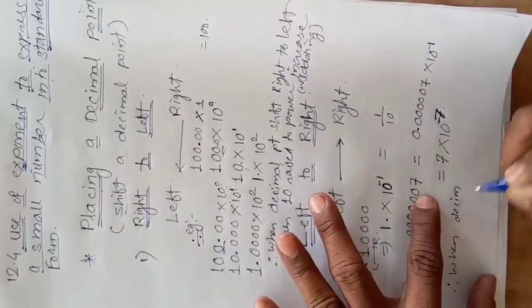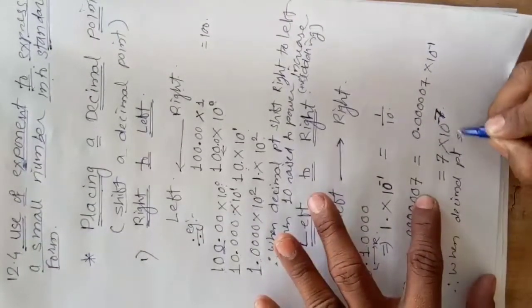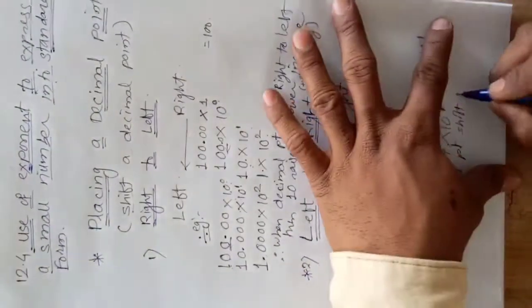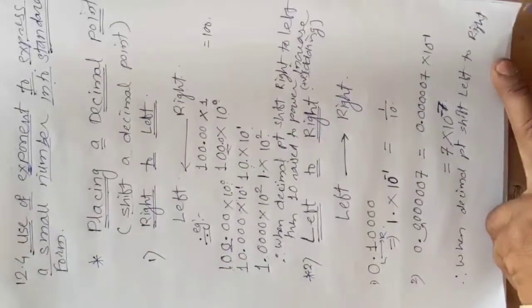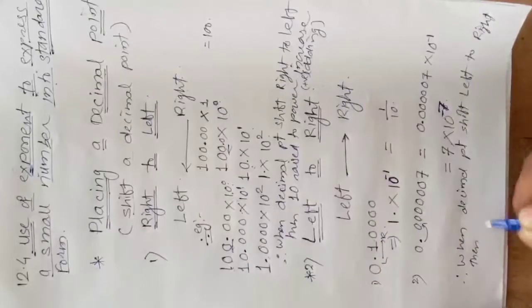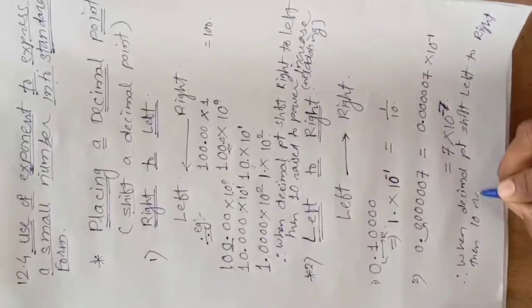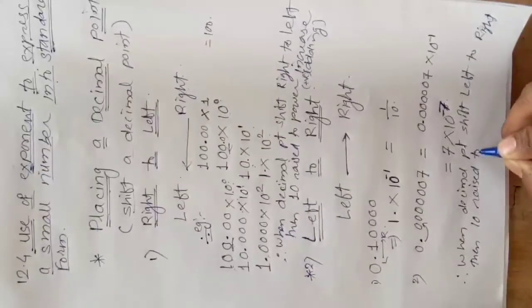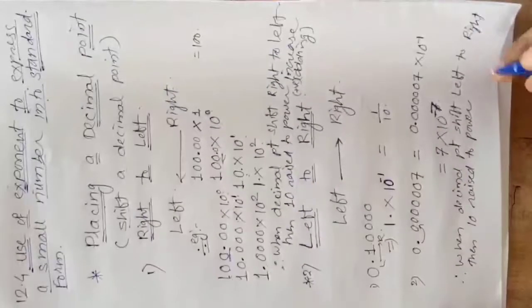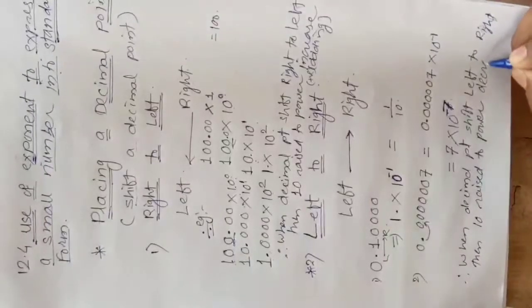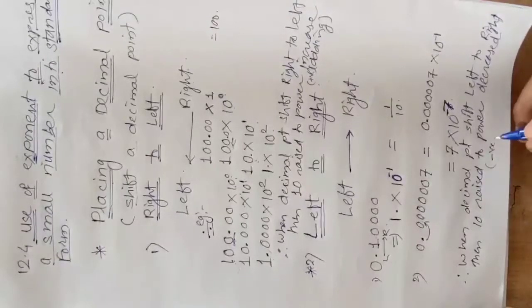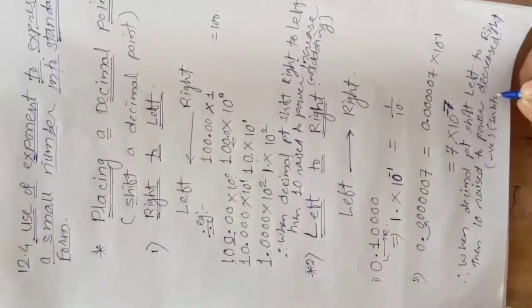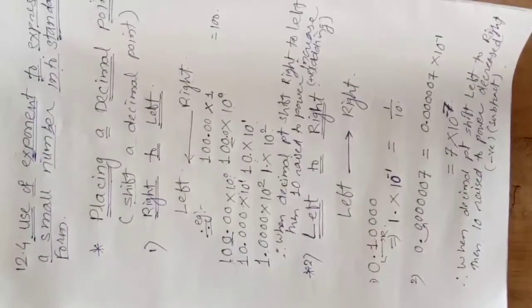So when the decimal point shifts from left to right, then the power of 10 decreases, that is, it becomes negative, or it is also subtracted. So this is the basic transformation. Okay,